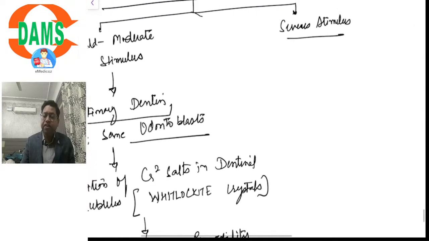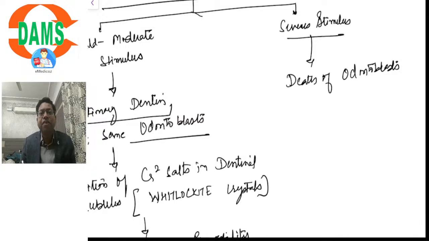On the other hand, whenever there is a severe stimulus, it causes death of odontoblasts. The odontoblasts, which are present in the periphery of the pulp, become denatured. They die because of the severe stimulus. And what happens next? Whenever the stimulus is removed and a suitable pulp dressing is given with a material like MTA or calcium hydroxide that stimulates the pulp, there is